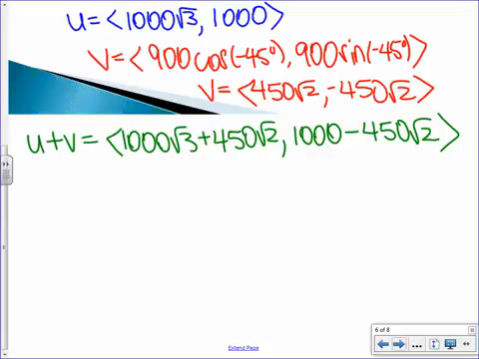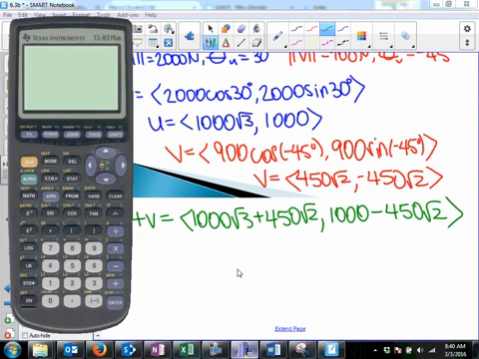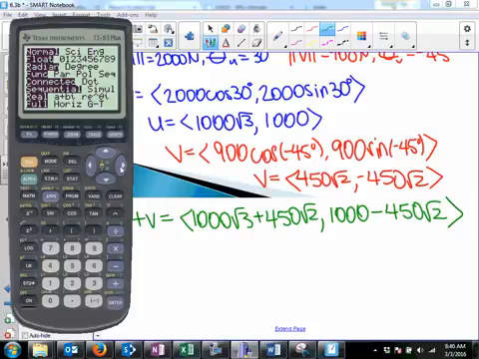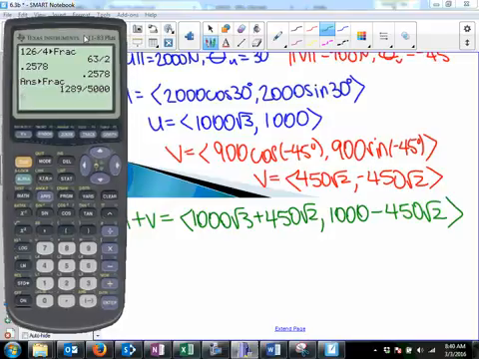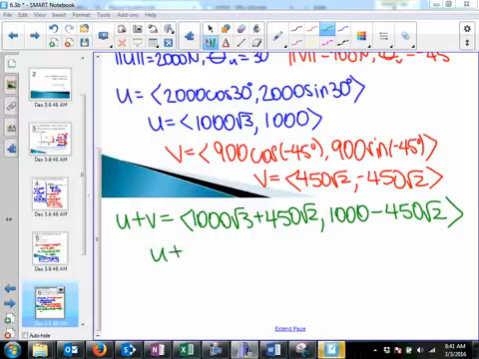This is what I'd like to do. Let me just check my mode. I am in radians. That's not good. We want to be in degrees. So, let's go ahead. I'm going to take 1,000 radical 3 and add it to 450 radical 2. And I'm going to save that in alpha A so I can use it later. A for component A, right? So U plus V